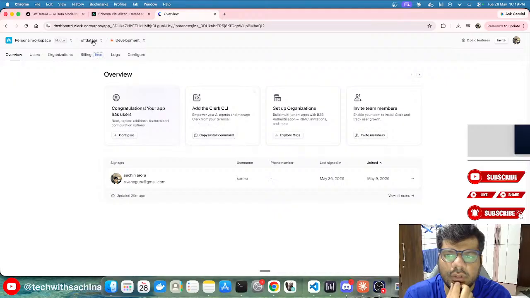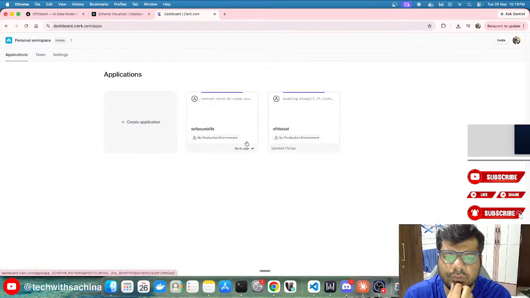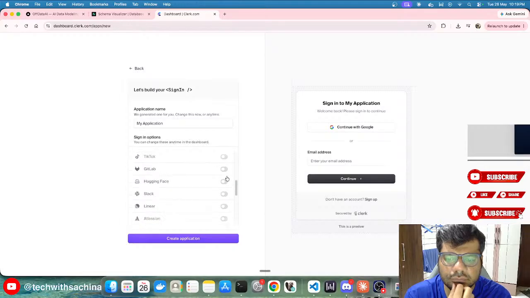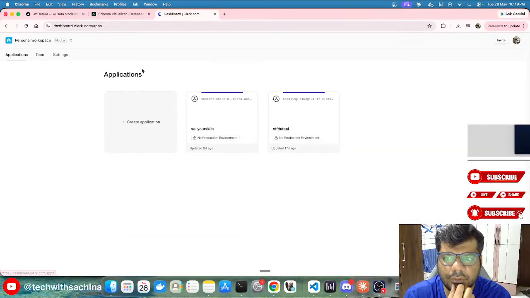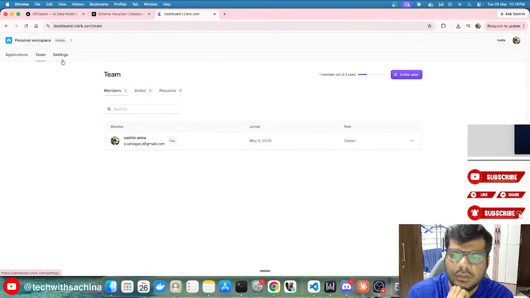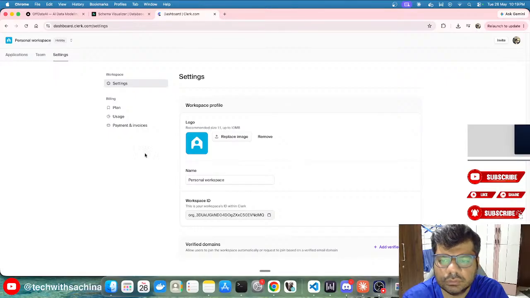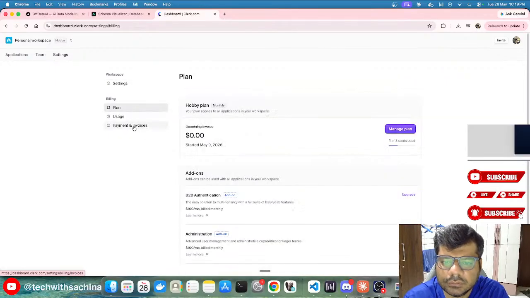Okay, personal workspace of data AI, I have this. So if I create the application, it doesn't ask me whether it's a development or a production environment. I'm not sure. Team settings. Plan.